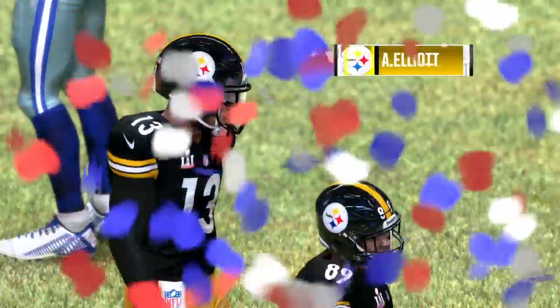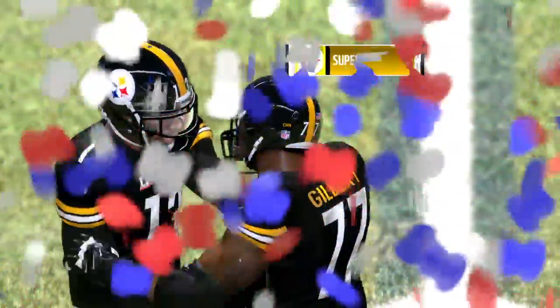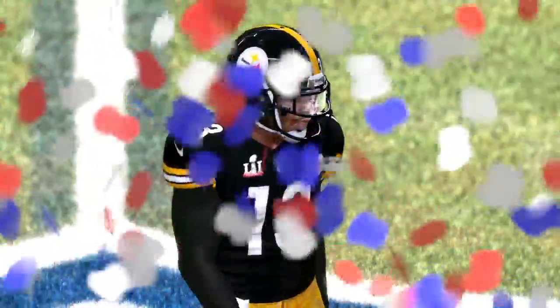And they are the Super Bowl champs. The Lombardi trophy is theirs, and so are bragging rights for an entire season. What a season it has been. Feels like we have been there every step of the way. Our entire crew doing a wonderful